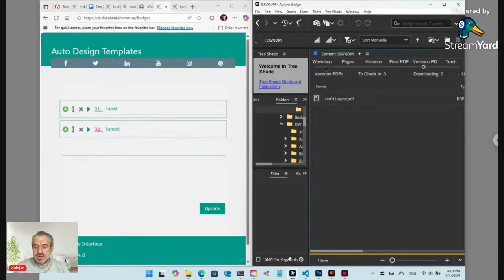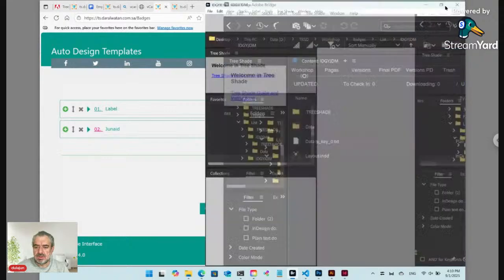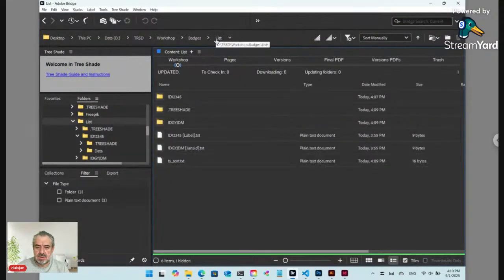Each badge has its separate folder, like here inside the list. Each badge is in a separate folder and has a label text file paired with the folder. You can here in Adobe Bridge display only the text files,